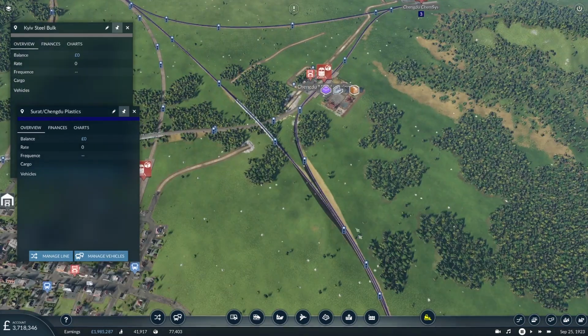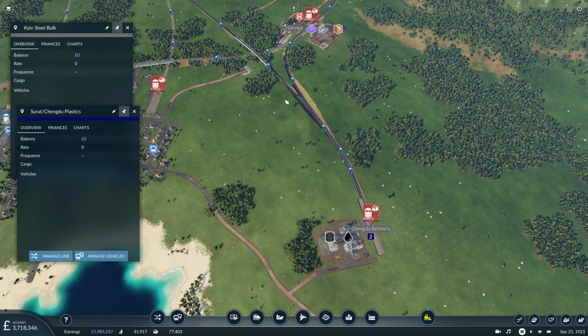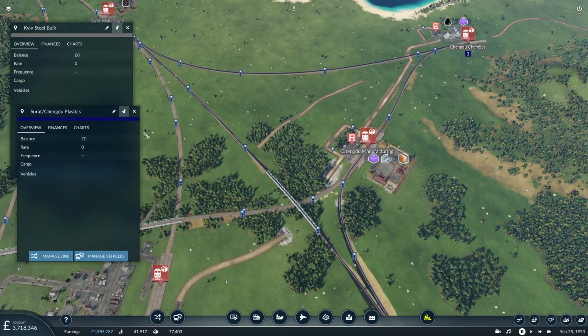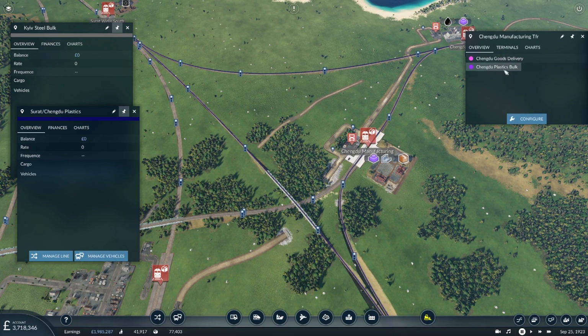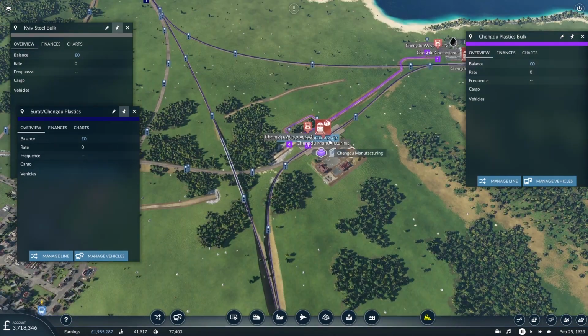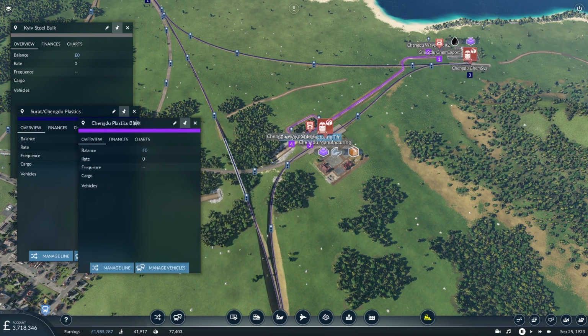Now the thing is, of course, that this refinery requires 2 crude oil for each barrel of refined. So we're going to be running at least half empty for half the journey, but at least we're carrying something for most of that journey. And then we have a couple of lines coming out of here. We've got the plastics bulk going by truck from there, carrying the plastic into the goods factory. And then another line